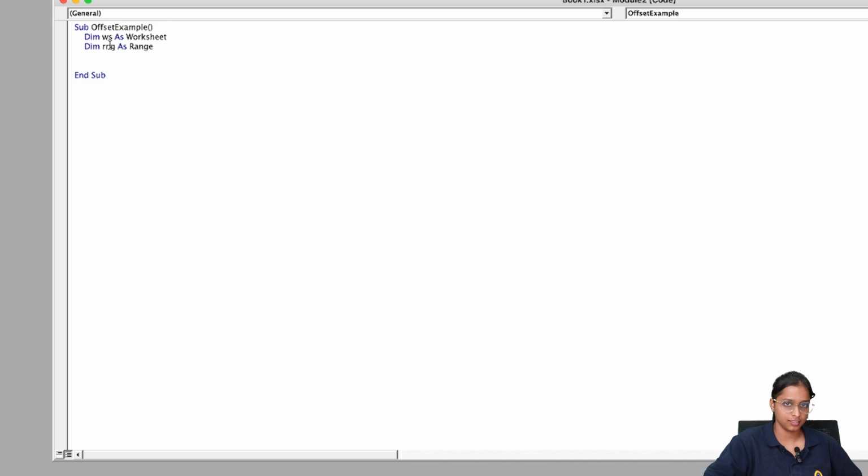After that, we'll write Set, worksheet and range. This is like adding a comment here, so that in debugging it is helpful for us and we can know what we are doing here.